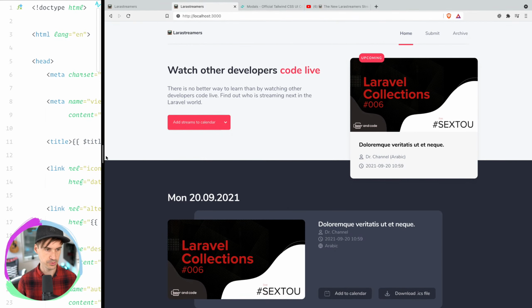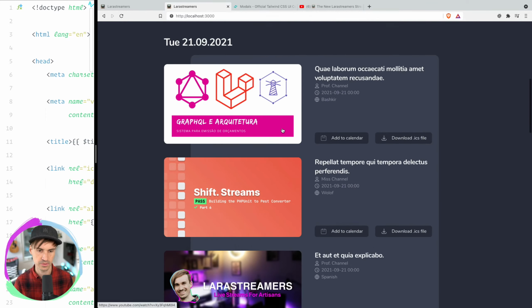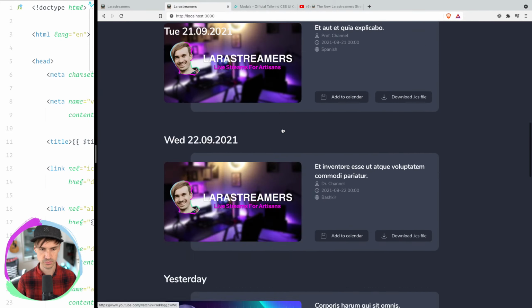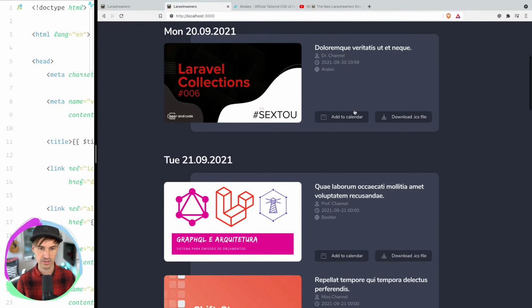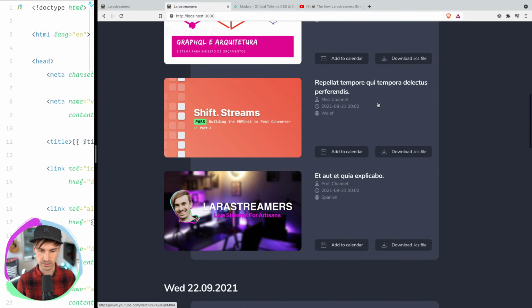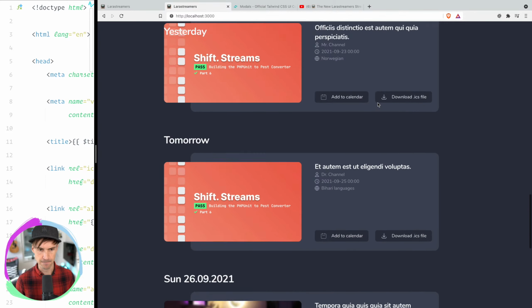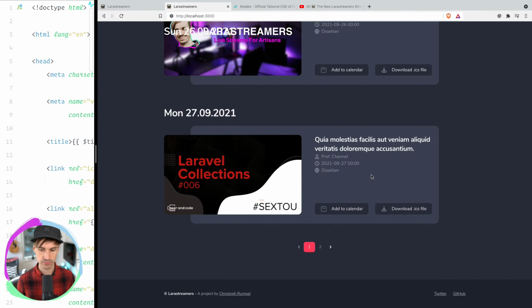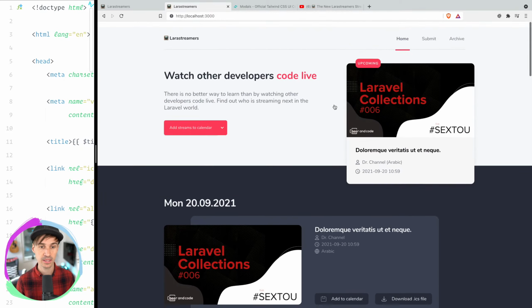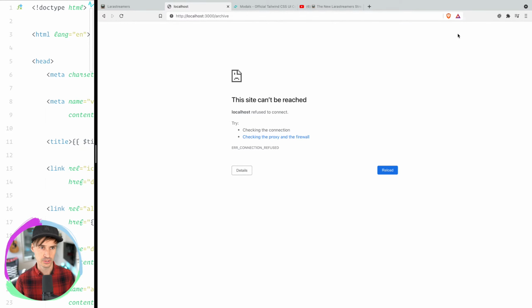Let me show you. All right, so that's the new homepage we've been working on the last weeks. The new design looks good with the new overlay here at the top. We have new buttons. Everything looks a little bit more fresh, a little bit more modern, I'd say. So this turns out as well. New pagination as well. And then the last week and on Monday, we were working on the archive page, which is